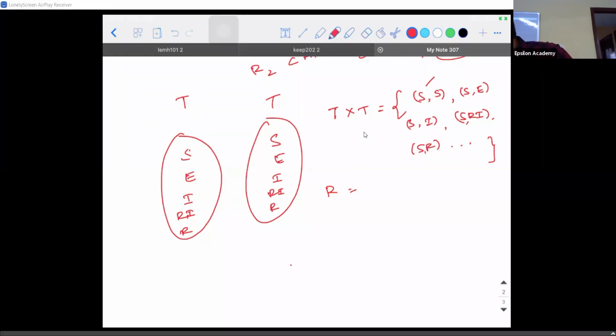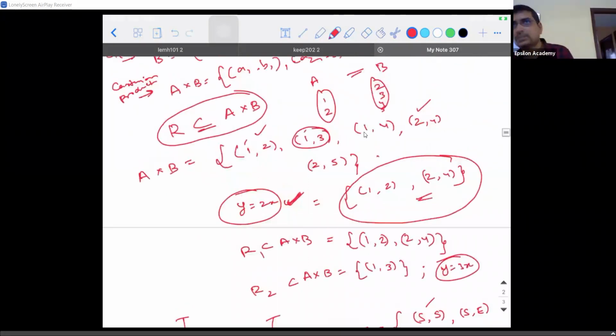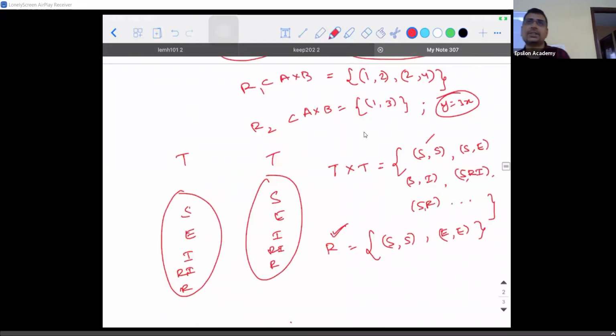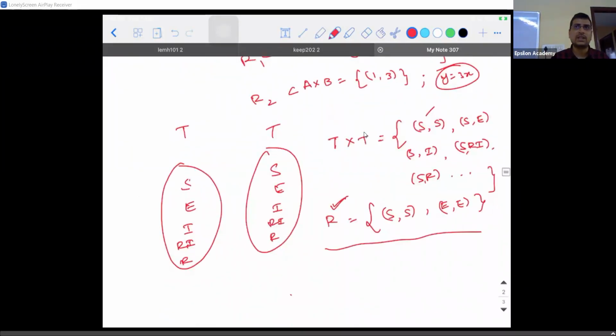So for a relation R, I'm taking out in such a way, one is (S, S) I can think of. What is the other relation I need to take out for the given condition? I can think of an equilateral and an equilateral. I can think of a right angled isosceles and a right angled isosceles. When I keep writing like this, does this relation satisfy whatever is required for a reflexive relation? Yes. Clear? So it is reflexive in nature.